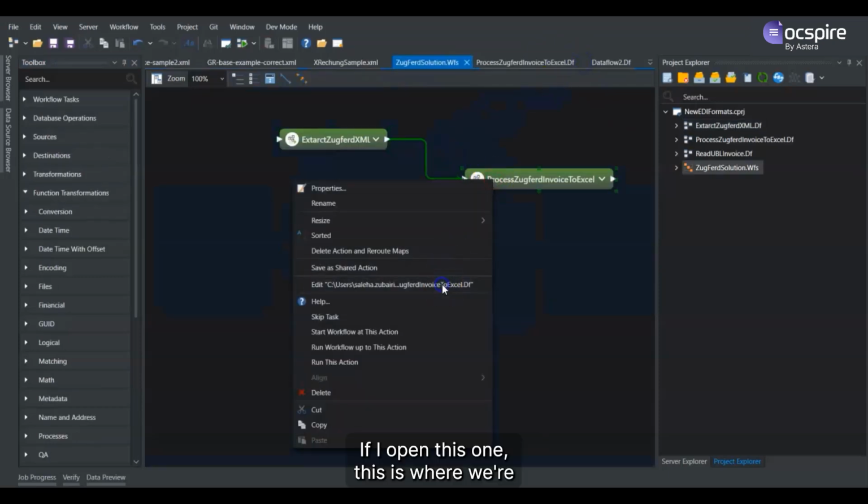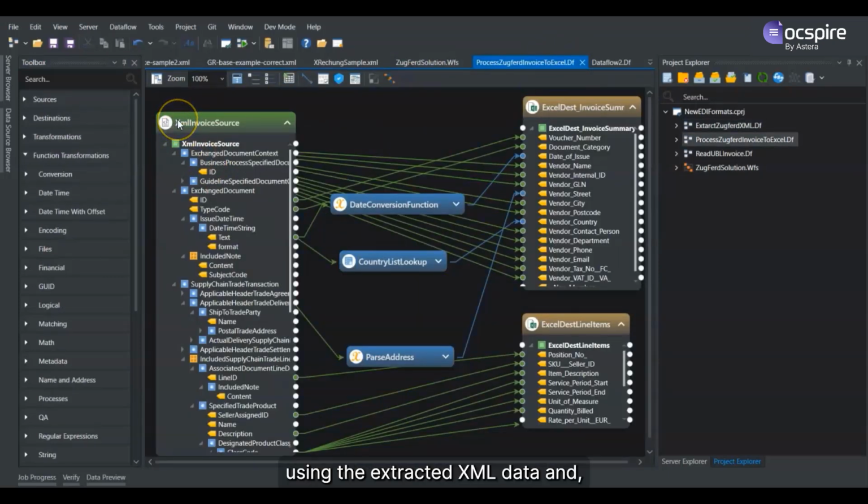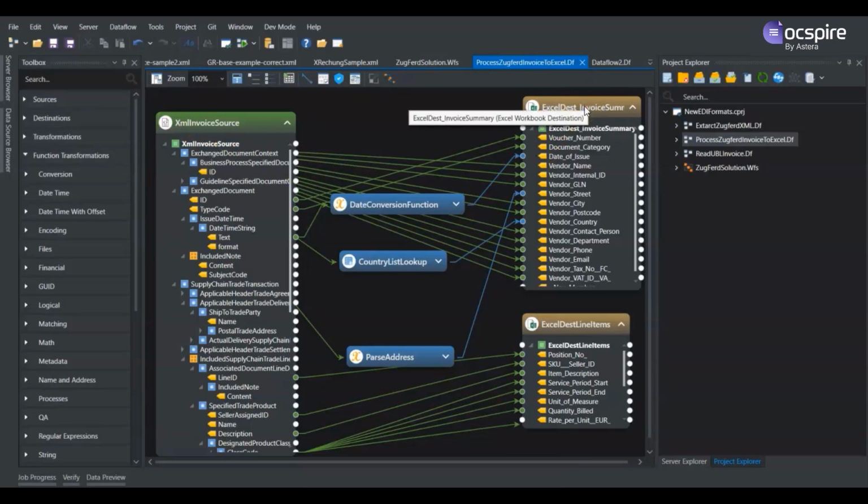If I open this one, this is where we're then using the extracted XML data and extracting data out of it into our backend systems like Excel or databases.